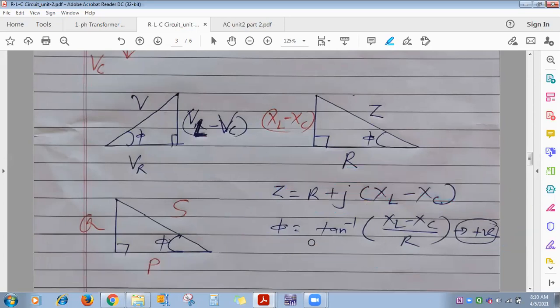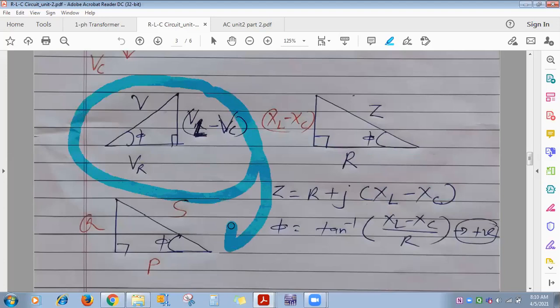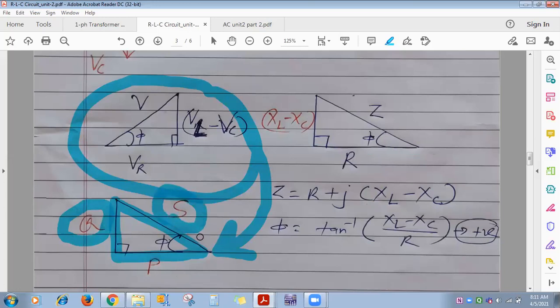Okay, and here cos phi, that is the power factor, its nature is lagging. Okay, and then the formula you can write for R is Z cos phi, XL minus XC is Z sin phi. And if we multiply every side of the voltage triangle by current, we get the power triangle. So the power triangle also, P, Q, S, all of you know the formulas, they remain the same. P is equal to VI cos phi, unit is watt. Q, reactive power, VI sin phi, unit is VAR. S, apparent power, formula is VI, unit is volt-ampere.